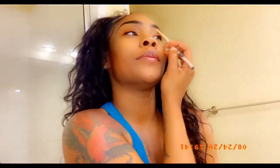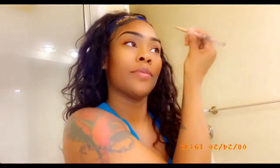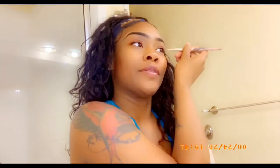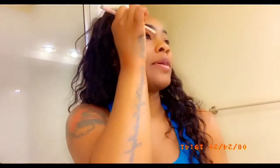So bam, fill that in, you know, get that perfect line of arch at the bottom. This is really my favorite part on me, because, you know, I'm filling my eyebrows in, and it don't really take me that long when I'm doing my eyebrows, but I'm explaining as I go as well. So now, after I have applied my eyebrows, okay, I would take